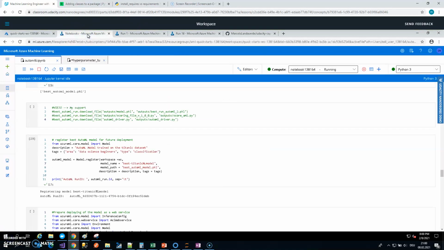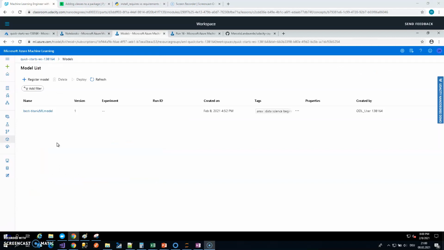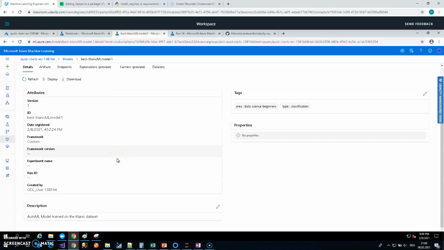And so if we get back to the notebook, you can see here that we register this AutoML model for future deployment. We gave the name of best Titanic model, and we save it as a best AutoML model. Here you can see the model registered, as I showed previously, the best Titanic ML model. And if we go inside, we can see some